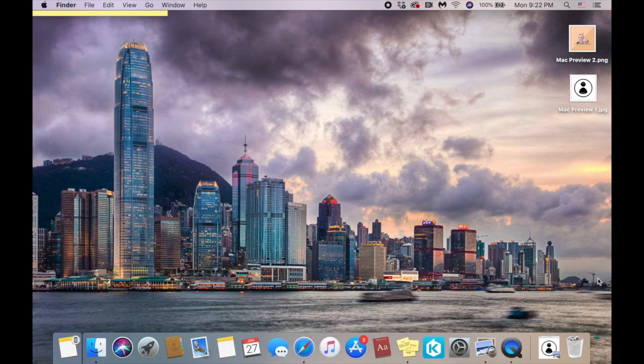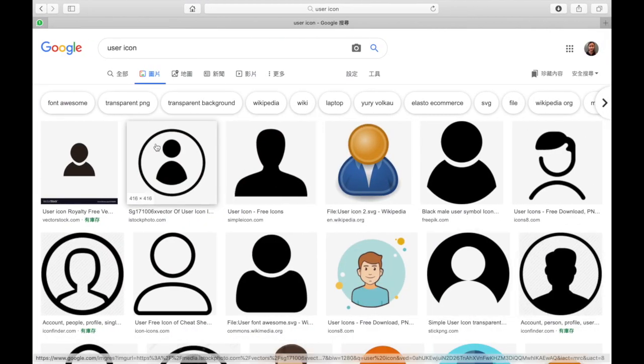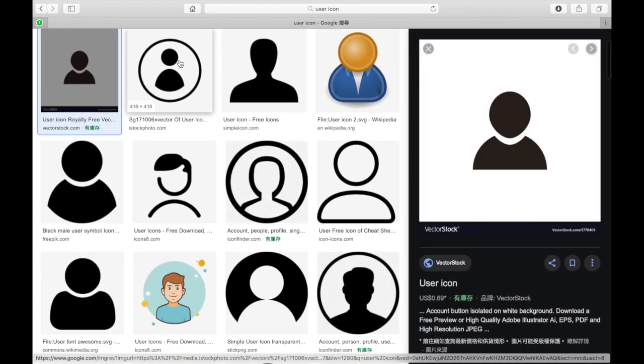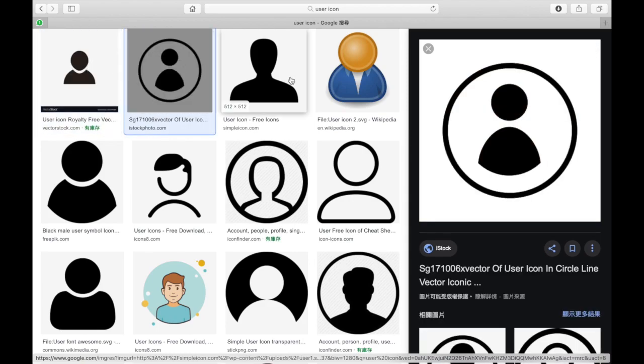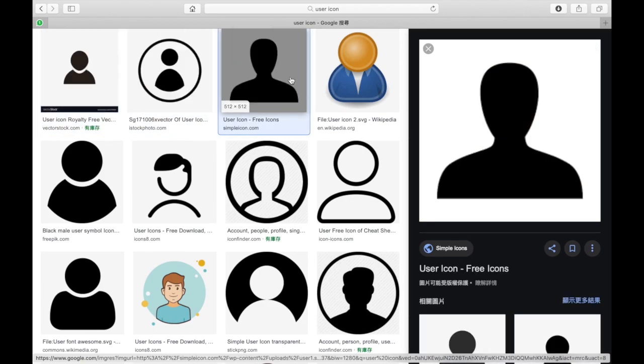Hello everyone, today I'm going to talk about how to make the most of Preview for our presentation. Whether we're studying or working, we always want to impress people with our presentation. One of the best ways is to make a clean and clear layout by using some graphics or icons to represent our idea. But most of the time, it is really difficult for us to find an icon with transparent background and without watermark.